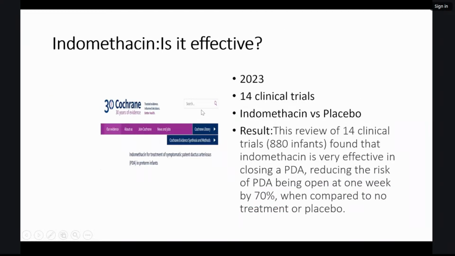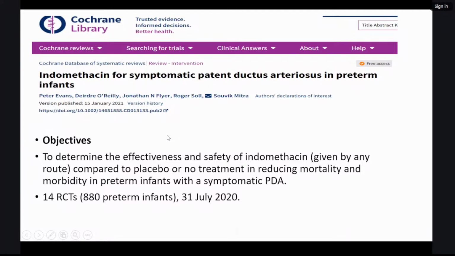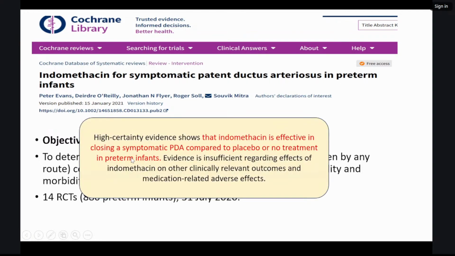So whether indomethacin is effective or not is again a Cochrane review from 2020. They have compared indomethacin versus placebo, and in the review of 14 clinical trials, indomethacin is very effective in closing PDA, reducing the risk of PDA being open at 1 week by 70% when compared to no treatment or placebo. This is again a Cochrane review on indomethacin for symptomatic patent ductus arteriosus in preterm infants, published in 2021. They have shown that indomethacin is effective in closing a symptomatic PDA compared to placebo or no treatment in